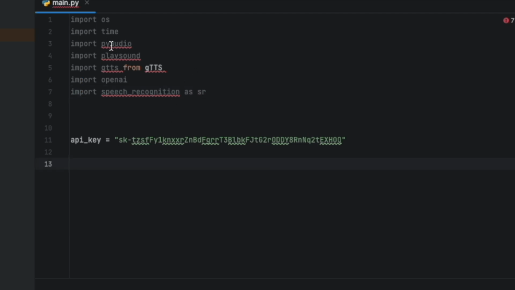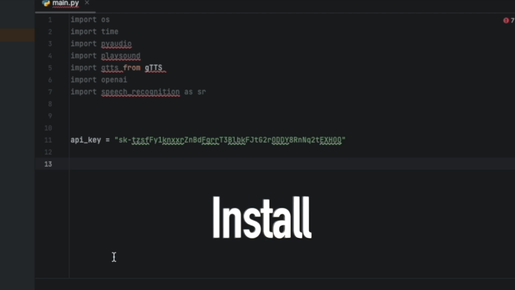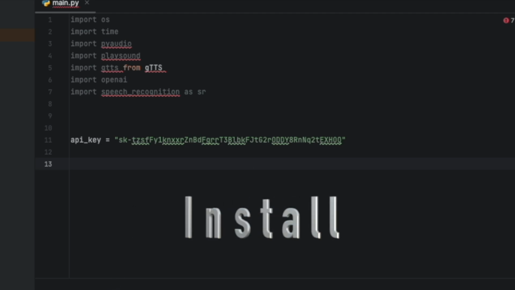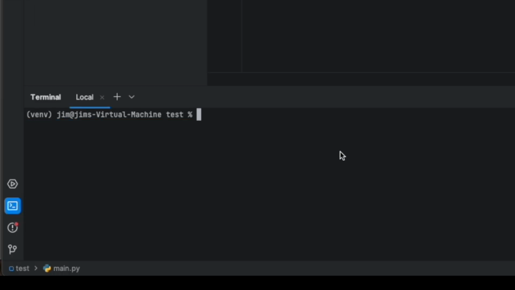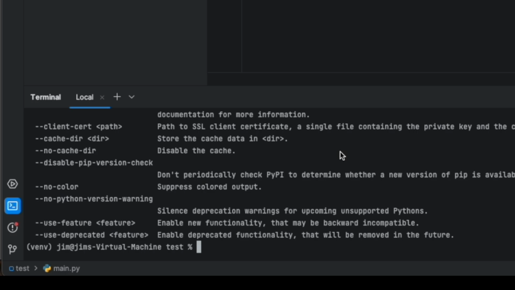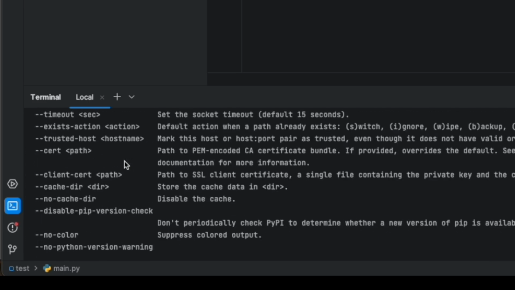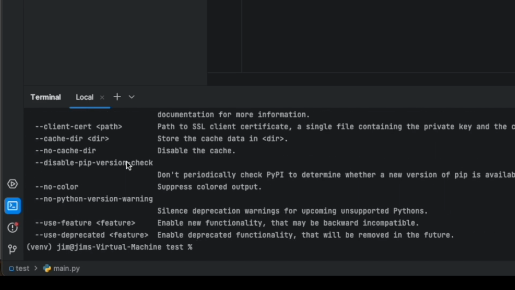Now, you're going to notice that these are squiggly lined, and it is because we need to install these modules, and so we're going to use pip. If you don't know if you have pip, you can just open up a terminal by clicking this down here. You can just type in pip and hit enter, and if it works, then you have pip. If not, this also works with pip3. You can just type in pip3, and if you get this output, then it works for you. And pip should work for you because you just installed PyCharm, and it should install pip for you. So you should have pip or pip3 depending on PyCharm when you installed it, or you might have both like I do.